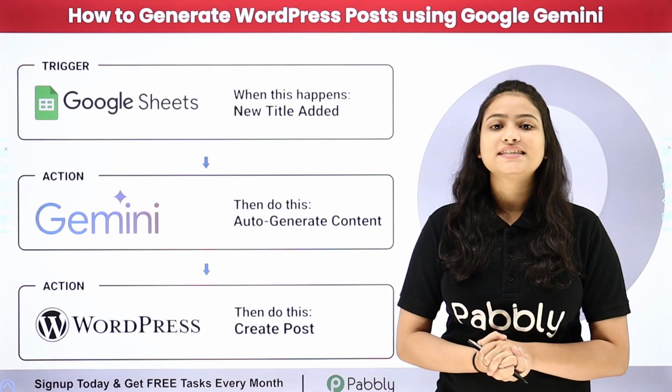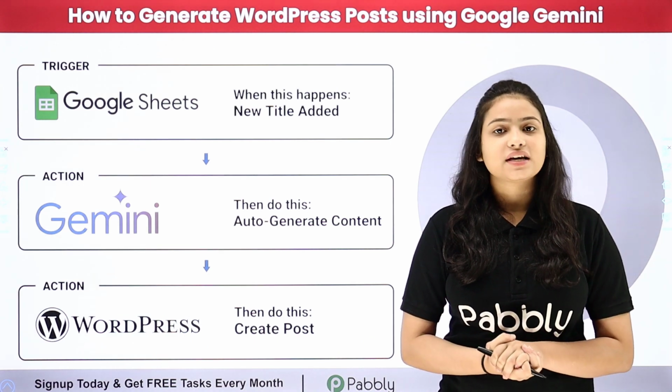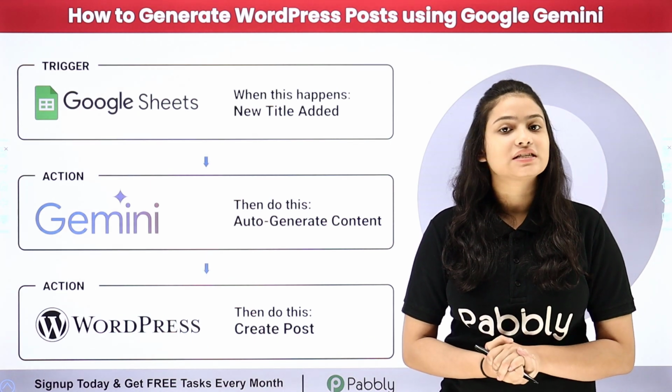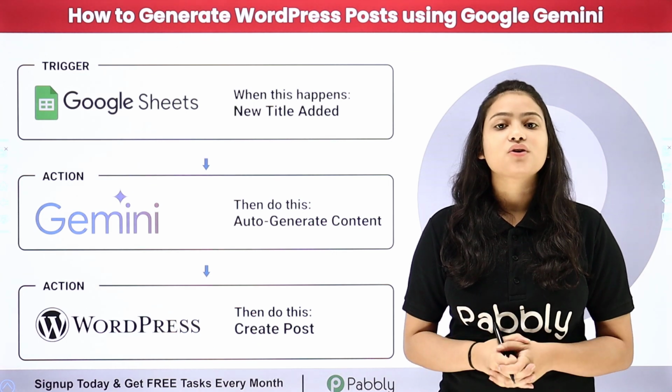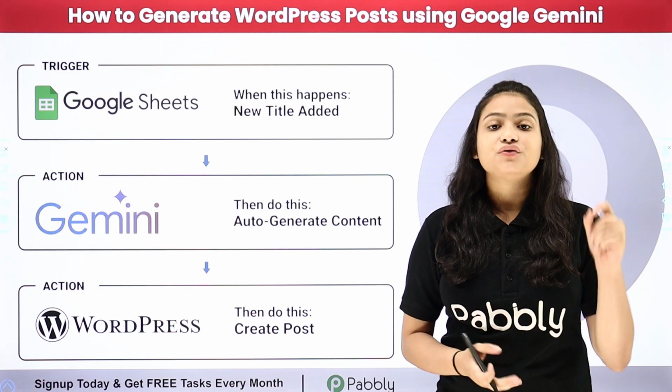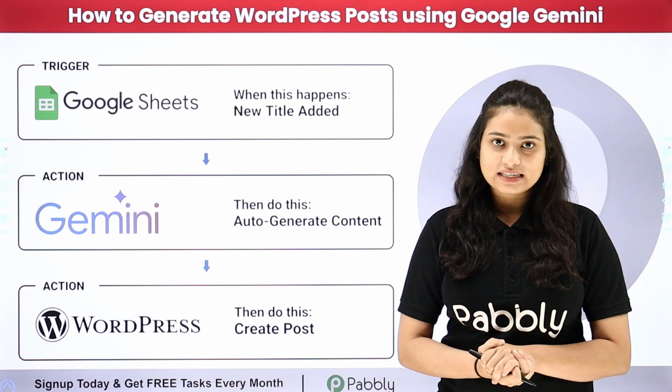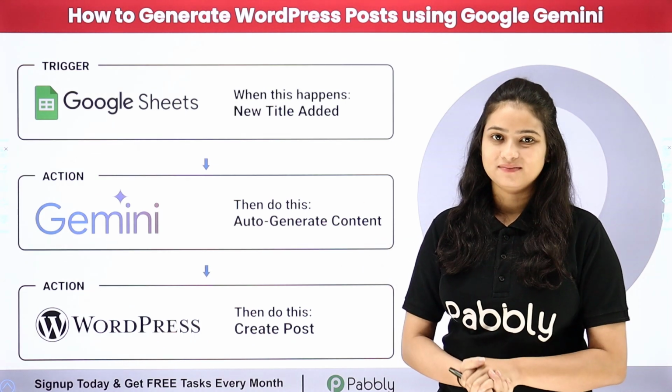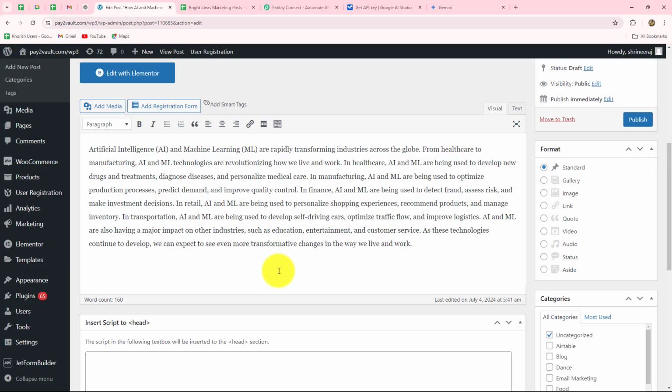So how are we going to automate this entire process? For this, we are not going to use any kind of coding and programming skills. We will simply use Pabbly Connect, which is an amazing automation and integration software. So if you also want to learn this amazing automation step by step, you have to come towards my screen. In this video, I'm going to show you step by step how we can automate WordPress posts